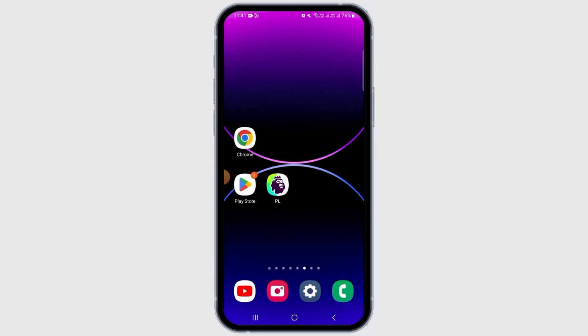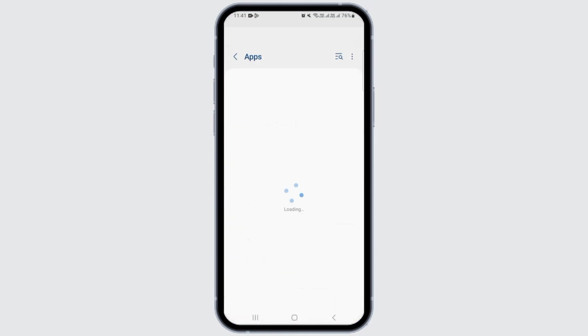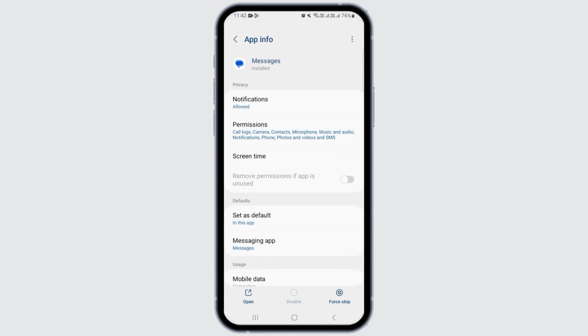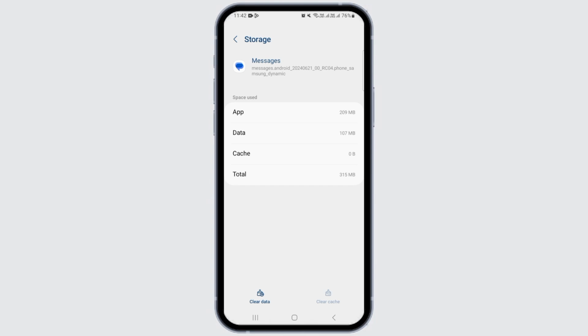Now, if you are not getting the FPL verification code on your messages, then you want to open up your settings, tap on apps. Now tap on messages. Here, you want to tap on the storage option. Now you want to tap on clear cache, then tap on clear data and make sure all the data has